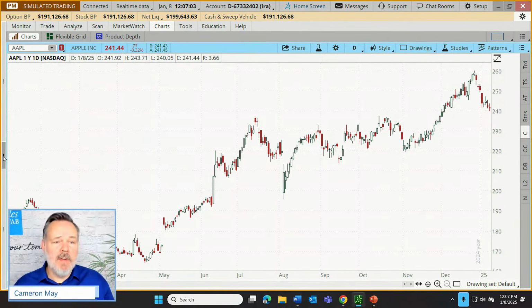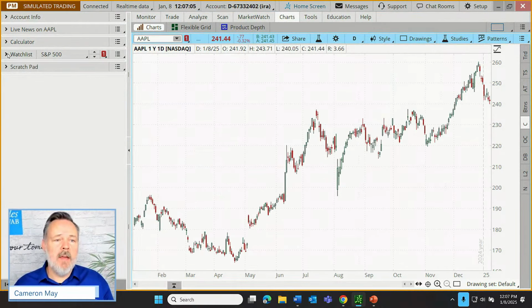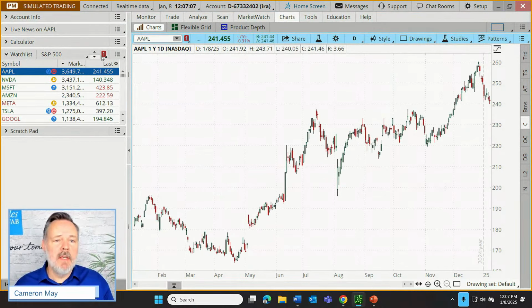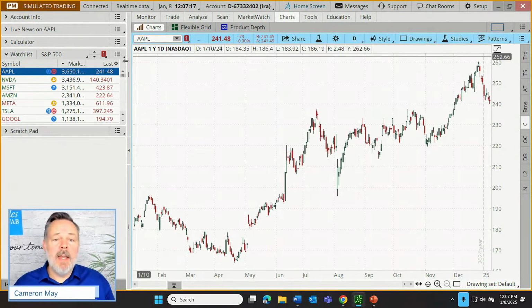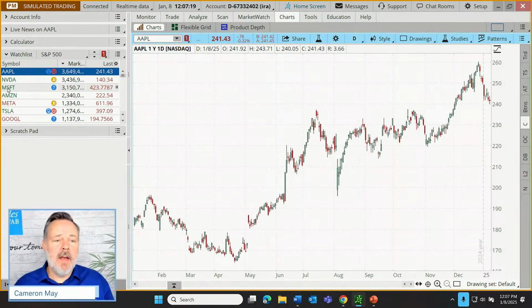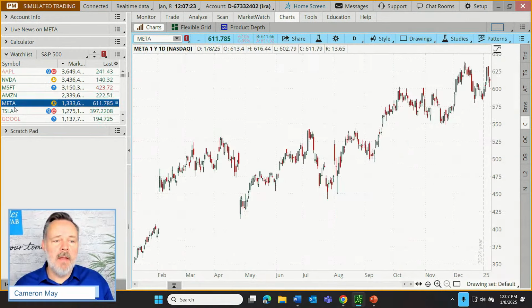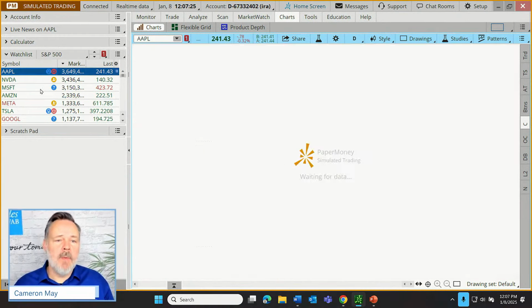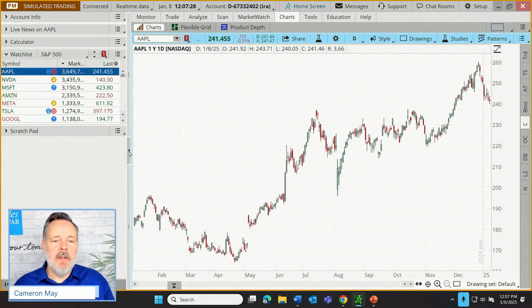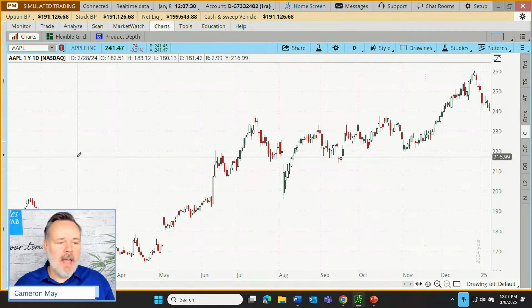As a matter of fact, let me demonstrate that. Here in our left column, you'll notice I have a watch list, and it is linked at 1. You see the one here and the one there? That means that these two gizmos, I'm just going to call them that, are now linked. So if I click on Microsoft in the left column, my chart just went to Microsoft. If I click on Meta, now my chart just went to Meta. So let's go back to Apple. I'm going to close the little arrow in the middle, and it shrinks that up.